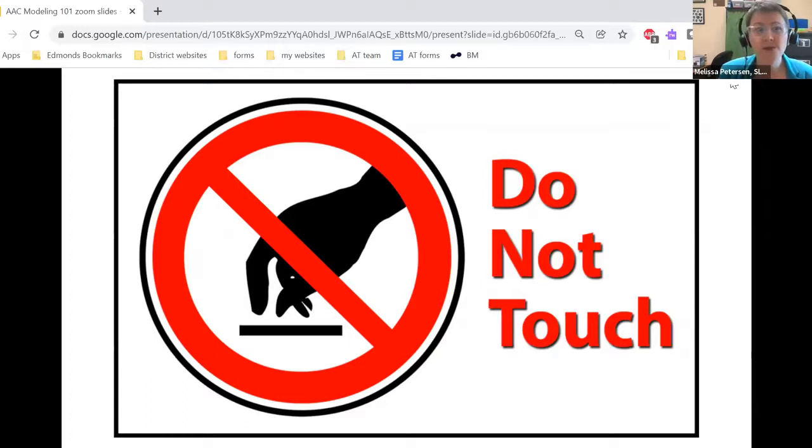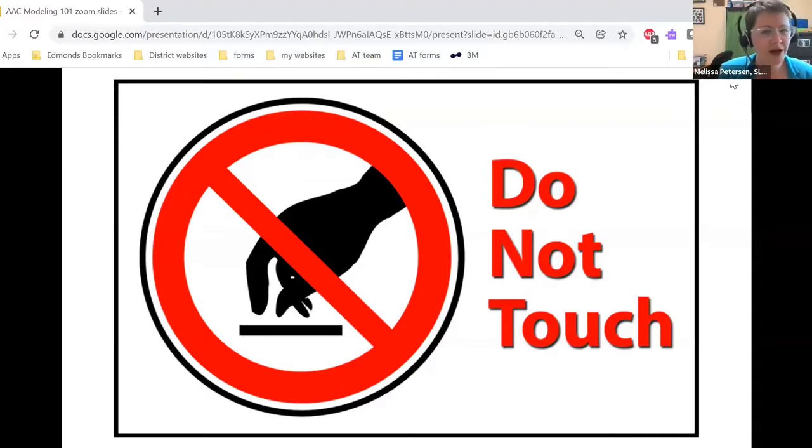I've had multiple students get really upset when adults tried to make them touch a device, either a core board or an iPad. And it can actually make the students reject the iPad, and then you've lost a tool that you might be able to use to help them in the future, because it turns it into this aversive power struggle experience instead of us using it to show them without touching them and without trying to coerce them